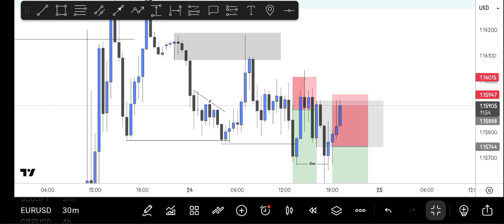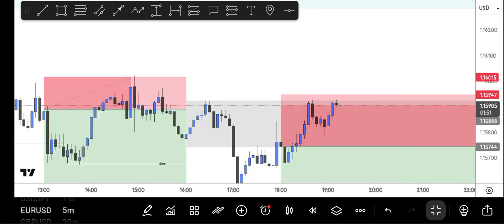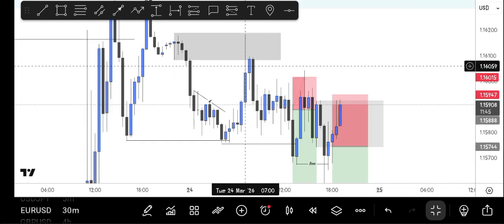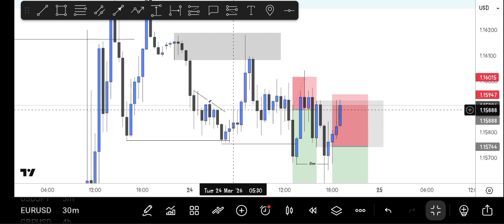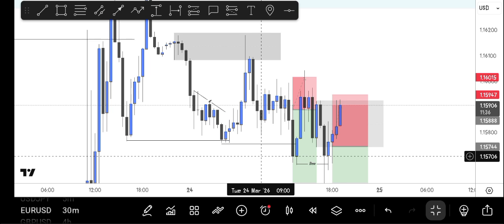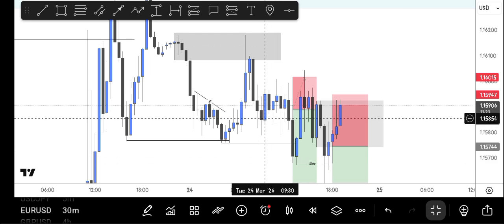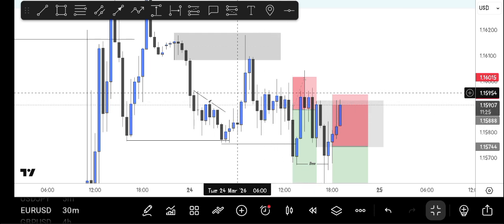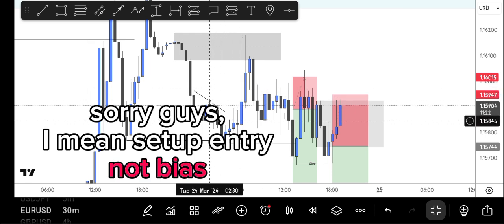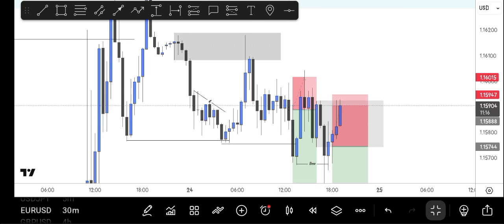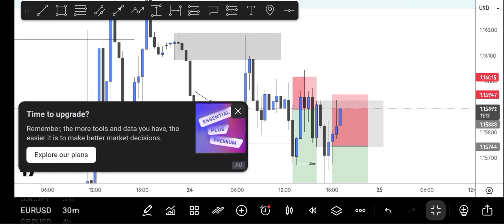So price was consolidating. I went on the 5 minutes time frame. At first I thought that after price took liquidity from our Asian high, stepping into our flip, this black bearish candle would lead to the breakout, and I would enter using my entry model, but it didn't. It started consolidating, which actually changed my bias. So I had to look for my other entry model, which is the ranging zone. So I went on the 5 minutes time frame.